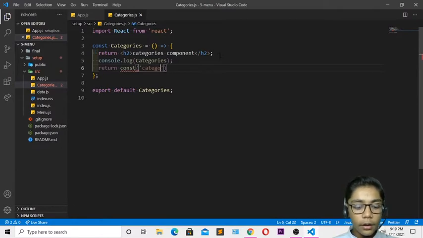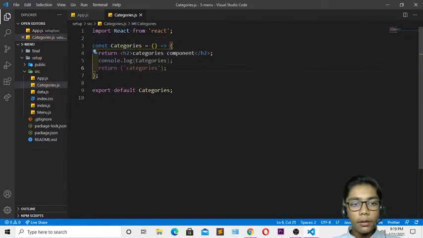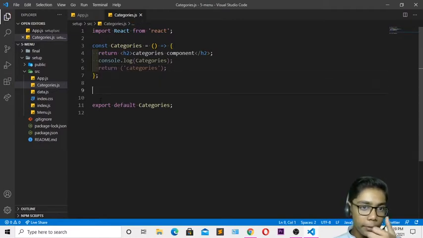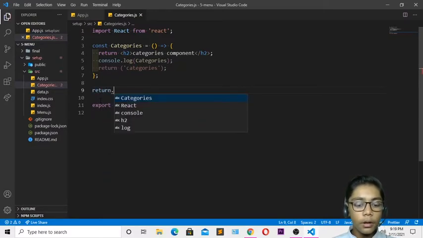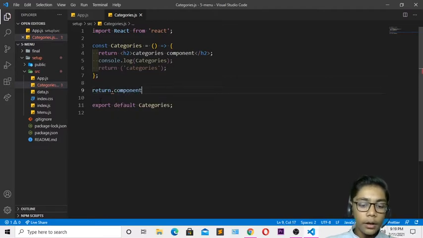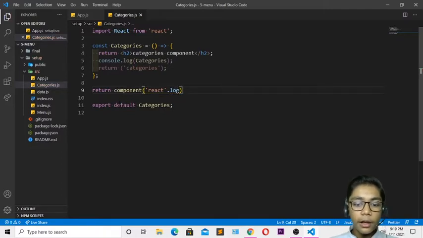Now when you've done that, you have to press backspace and close that. Then erase this const from here and press backspace in front of it. I will close that. Then come over here, and first of all I will create a file for return. So I'll be writing return dot, and over here you have to write component. So I'll be writing a file of component. Then when you've done that, you come in front of that, write this and erase this from here, then write a space. Then write react comma, and just write dot log like that. So now it has been working. I will close that.